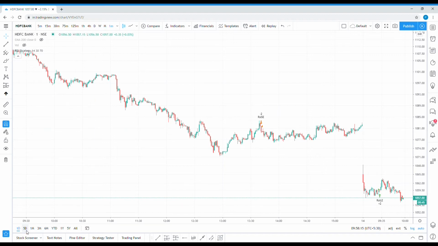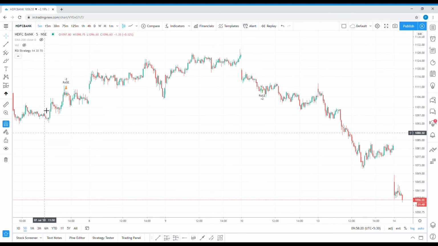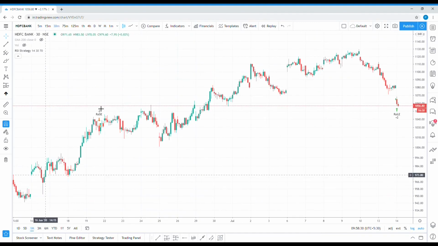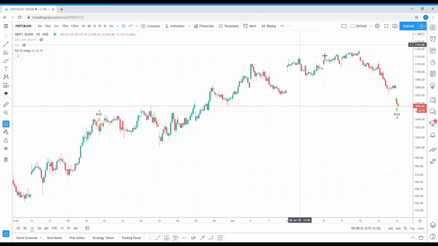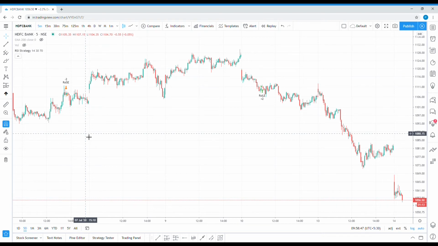And if we click on 5 day, it is going to cover the last 5 days of price action, or you can say price movement of the candles. If you go in the 1 month, it will show 1 month. And if you see in the top, it will change automatically. So if I go in the 5 days, it will have the 5-minute candles, because in the 5 days the candles are not that many, so they can cover as many candles. So they have chosen the 5-minute time frame.